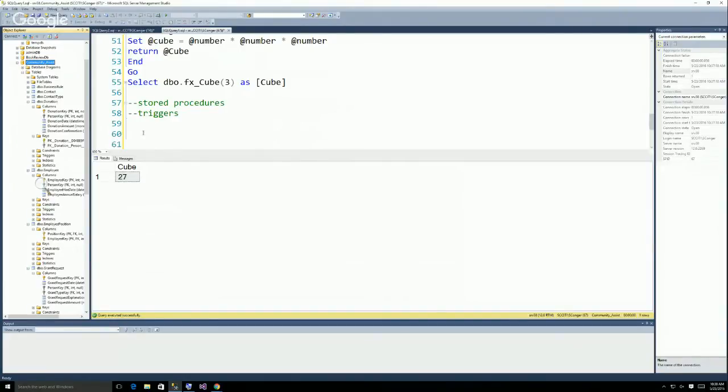We could make the function so that it takes in a date or a thing, but Donation, maybe? If we change the data type, oh yeah, it's all money. Let's just, this is stupid, but I just want to show you how you would put in a field. So I'm going to do dbo.fx_cube, and I'll just put in the person key from person. And if I want to alias this, I can do as